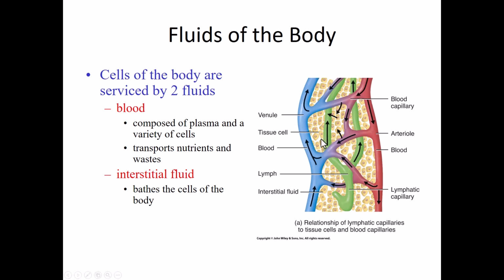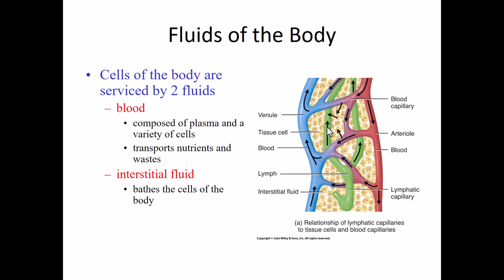So blood is contained in this system of vessels, and whenever fluids are forced out from the capillary beds, that fluid, which is kind of like a watered down form of blood plasma, it's like plasma minus the big plasma proteins that are confined to blood, are all in these little white spaces around the tissue cells, and it's called interstitial fluid. Interstitial fluid in large part gets reabsorbed here into the venule end of the capillary. If there is some left around these tissue cells, it enters into this green structure, and that is called a